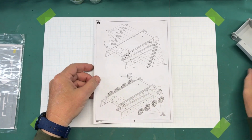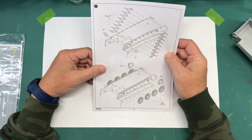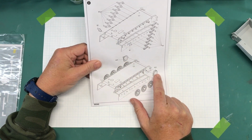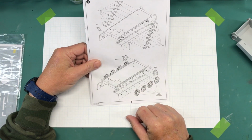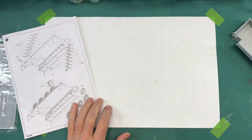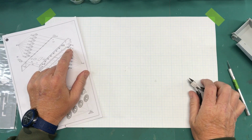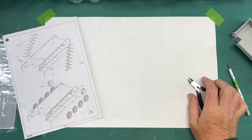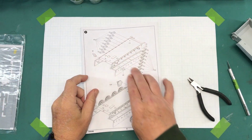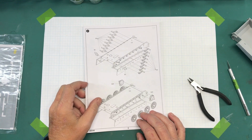So step 2 is the assembly of the suspension arms, the final drive covers, and starting on the wheels. So like I always do, I will demonstrate the first couple of parts, cutting them from the sprue, how I clean them up, and all that. And then the rest of them I will do off camera just to save some time. So let's find